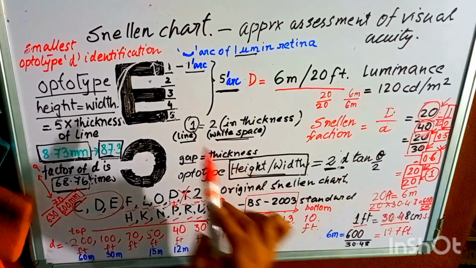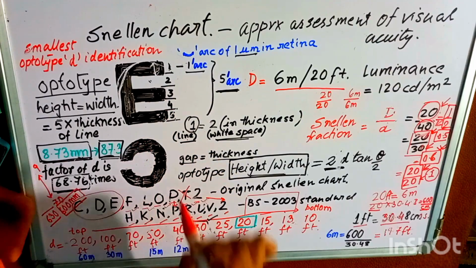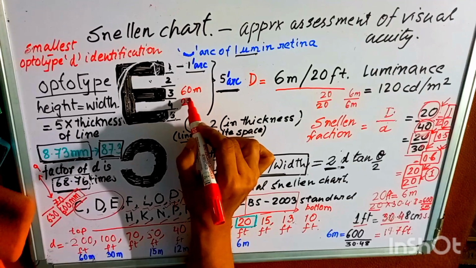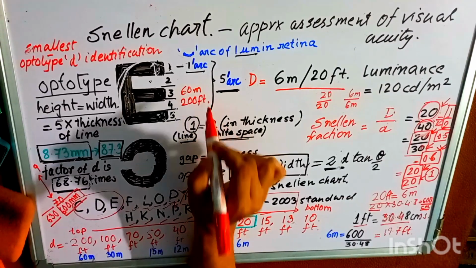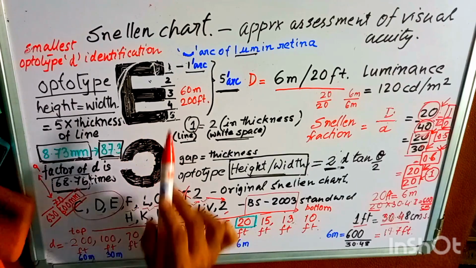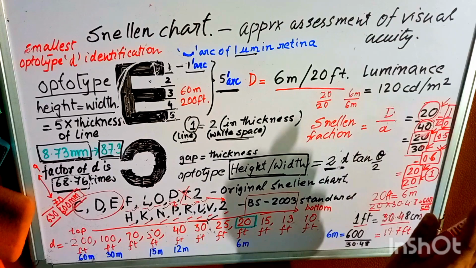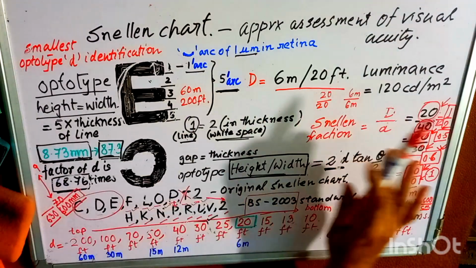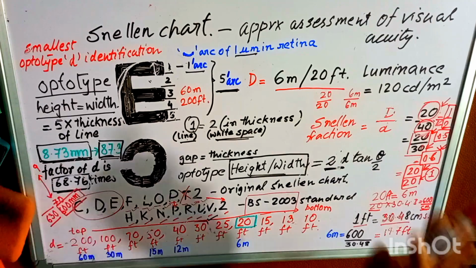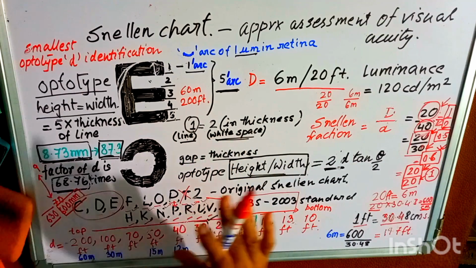And the first optotype, which is the largest optotype, is a 60 meter optotype or a 200 feet optotype. That means you should read this optotype. A normal eye reads this optotype staying 60 meters away, or 200 feet away. And if he sits at 6 meters, he will obviously see it very clearly, because